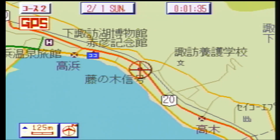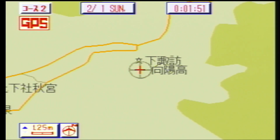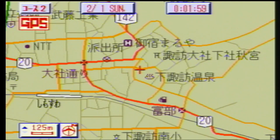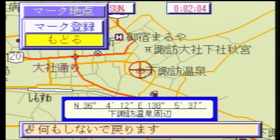Now I have plugged in the little control pad you saw earlier, which came with the Car Marty, and I think that acts more like a mouse than it does a joystick. And yeah, so there we go. So we can move around this whole area. Oh, can't do anything there. I think that I was trying to zoom out. Either it doesn't do that or it just doesn't work. So if we go in there,